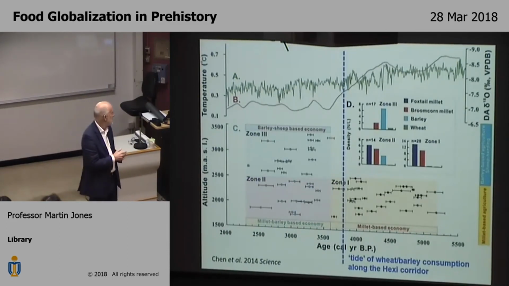So what one can't use that. But the thing that is interesting is if you go to another form of preservation, and that's desiccation. Desiccation preserves everything. And as I mentioned, there are a number of sites in West China, in the Taklamakan Desert, which is part of this story, in which you have desiccated remains,